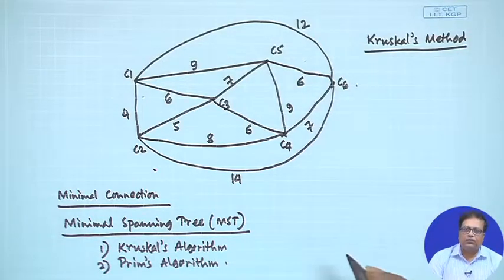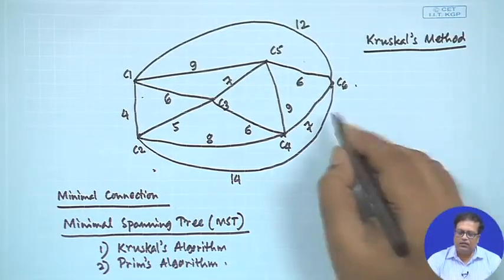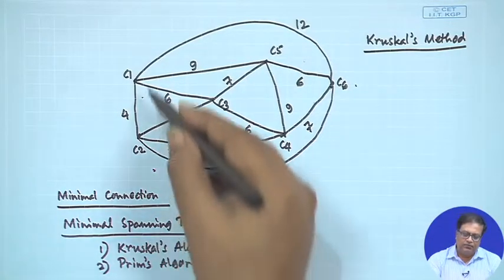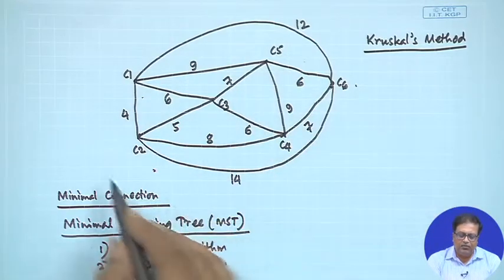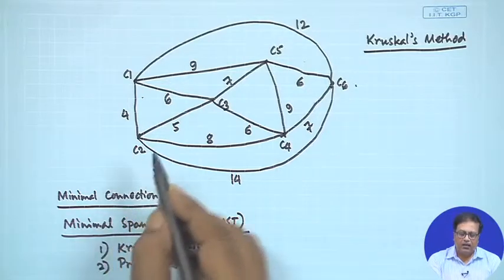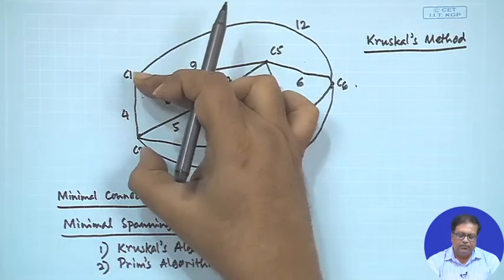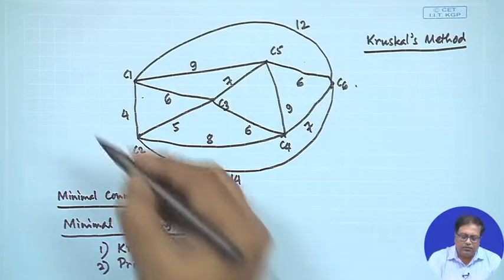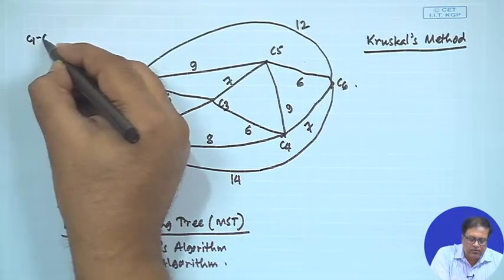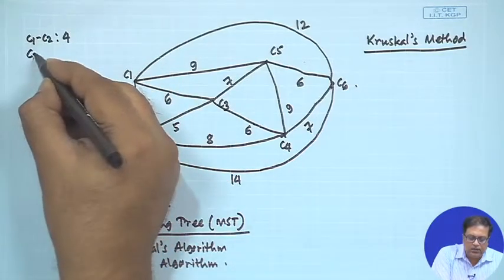Right. So, this is the problem that we are solving, and we are trying to use what is known as the Kruskal's method. So, if you sort all the edges as per the ascending weight, which one will come first? You see, C1, C2, because look at this entire graph, the minimum possible edge weight is 4 only, right. So, let us sort a few: C1, C2, 4, then C2, C3, 5,